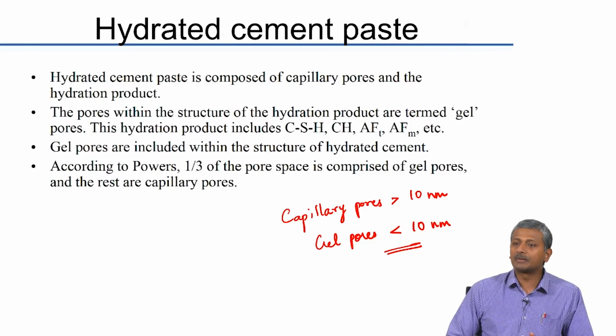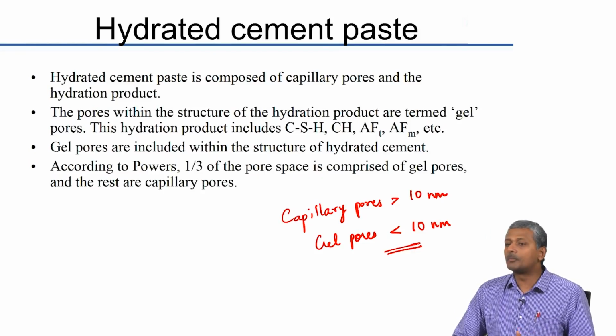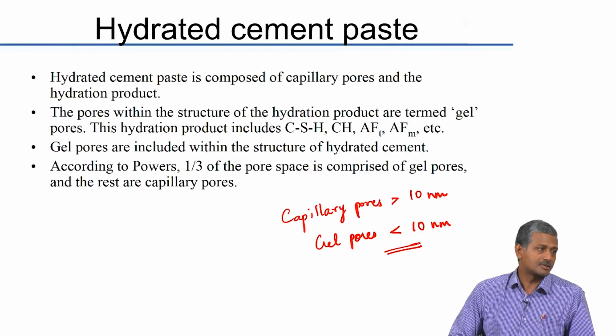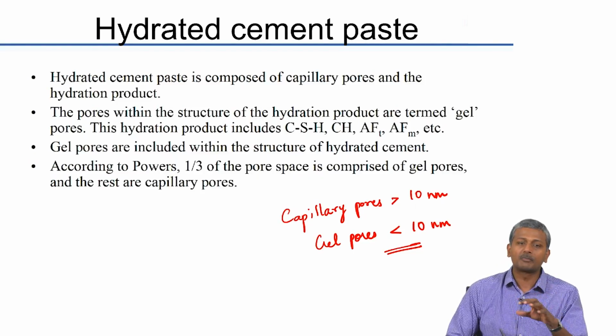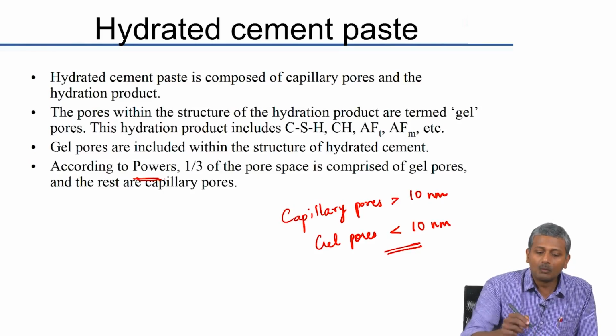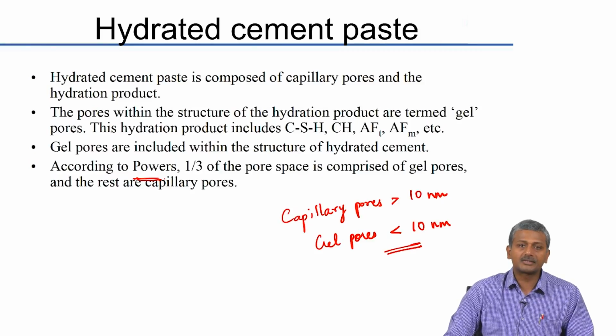So gel pores are generally present within the structure of your CSH, because only CSH is the semi-crystalline material. All the other compounds like calcium hydroxide, ettringite, monosulphate, they are well developed crystals. So generally gel pores are present within the structure of your CSH, whereas capillary pores are present outside the structure. According to Powers, once again, 1/3 of the pore space is composed of gel pores and the rest are capillary